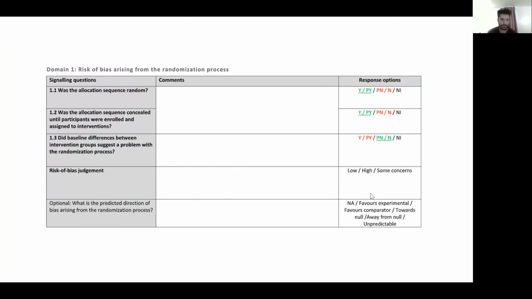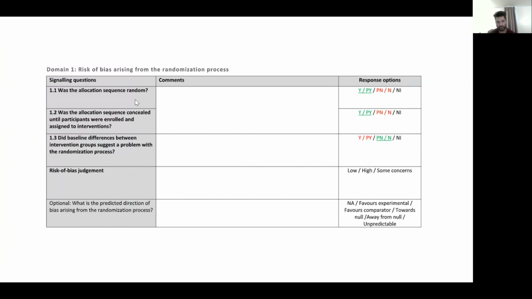And so when you look at randomization, the main thing you want to look at is the allocation sequence. Essentially, this should just be a bunch of random numbers that dictate whether a participant ends up in the control group or the intervention group. And nobody should know what this is. The patient shouldn't know, and especially the doctor or whoever's treating them should definitely not know. Because if there's a problem with this, what you're going to